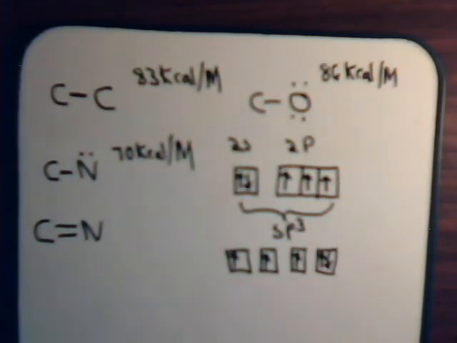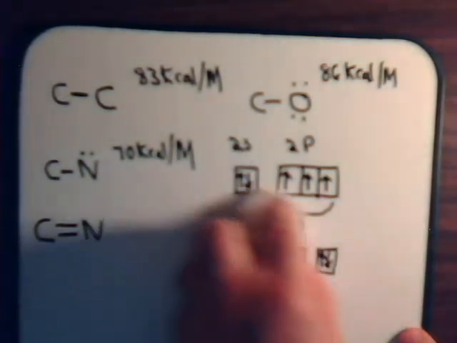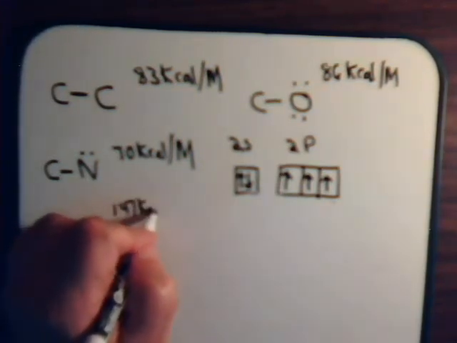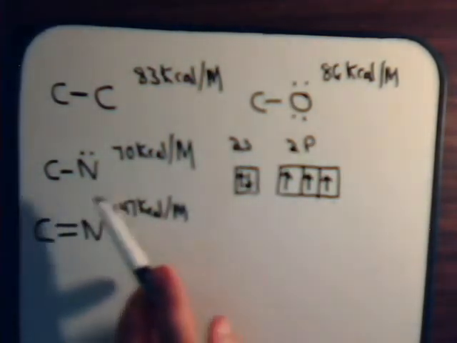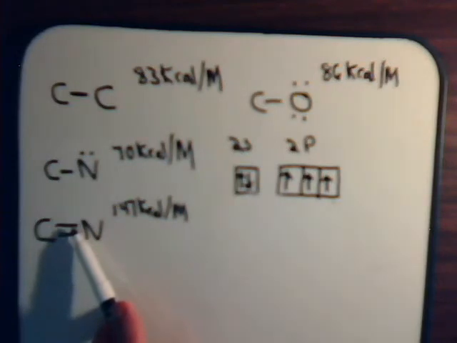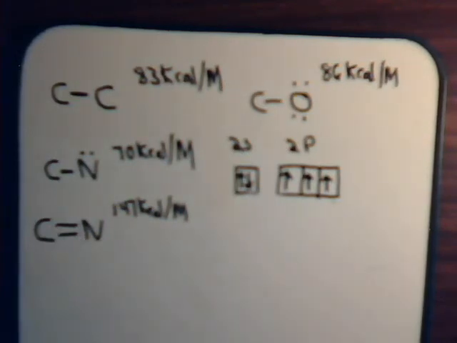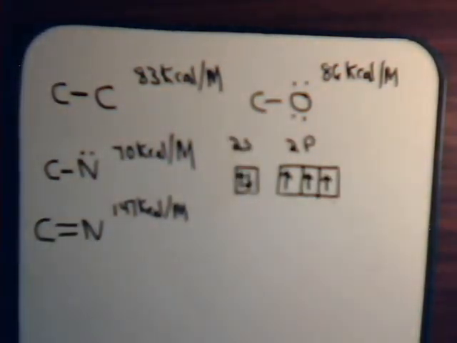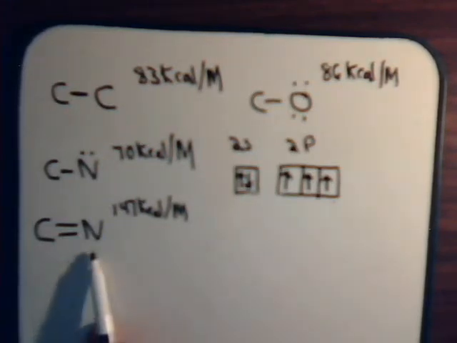then the nitrogen is now sp2 hybridized. And the resulting bond is 147 kilocalories per mole. Again, more than twice as strong as the single bond, as we saw happening in the previous video when we had a double bond between carbon and oxygen. And again, the reason is now the nitrogen is sp2 hybridized, so we can imagine happening something like this, where